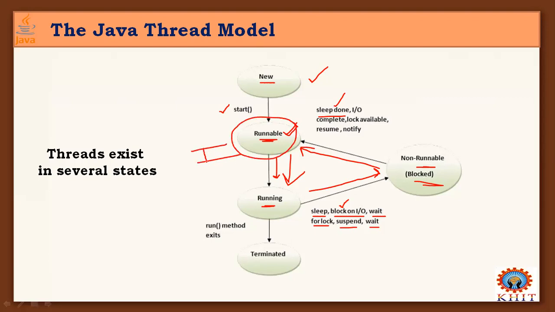Here we have a scheduler that makes this ready thread switch to the processor for execution. That's why the scheduler dispatch takes care of converting these runnable threads to the running state. After successful completion, it uses the run method to complete and terminate. Terminated is one of the states of the thread. This is a simple description of the life cycle of a thread, having different states during thread execution.